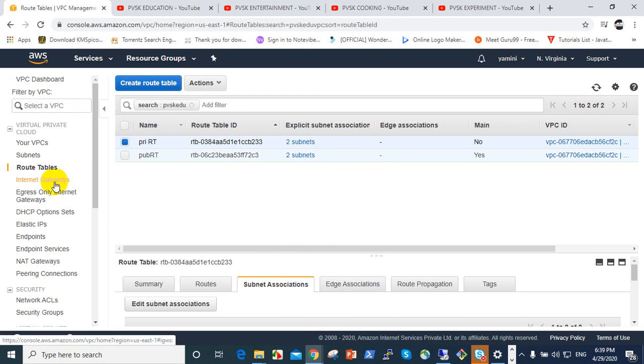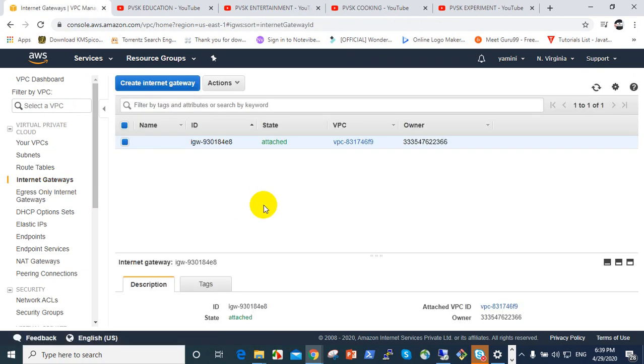Then go to the internet gateway, it's the main thing. There's a default IGW. The internet gateway is a high-level VPC component. It handles communication between instances in the VPC and the internet.